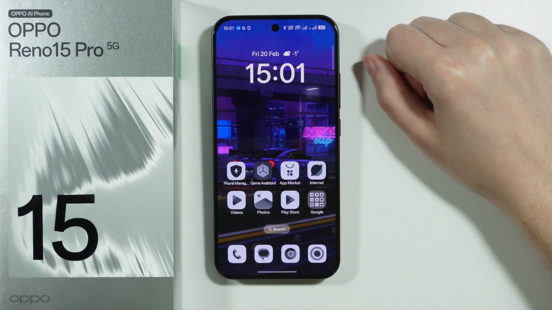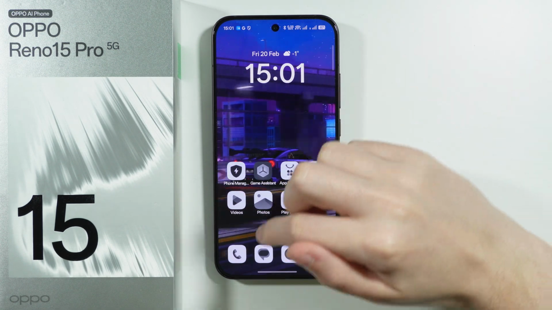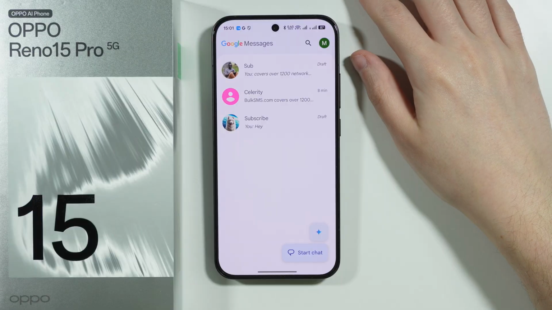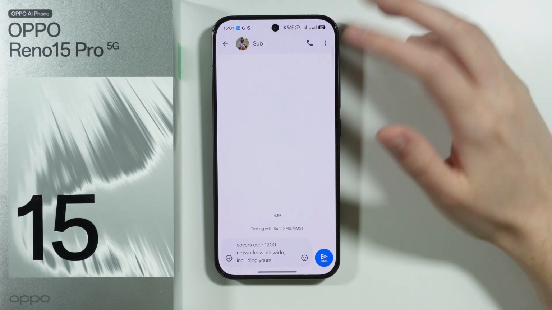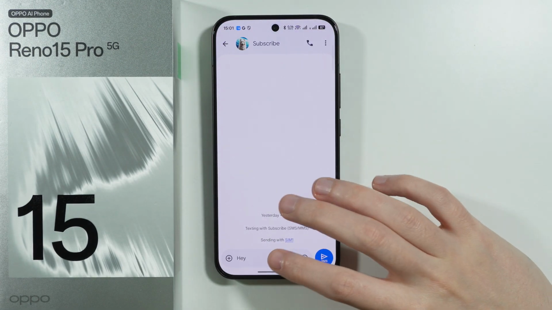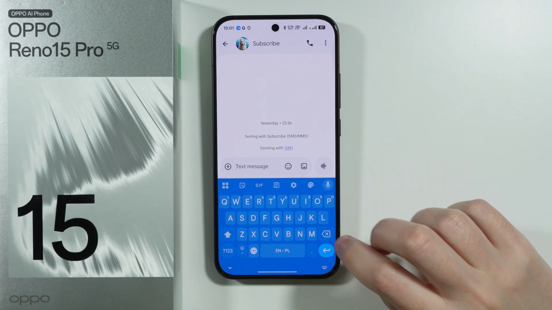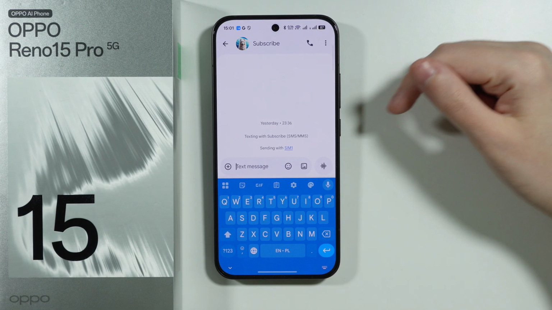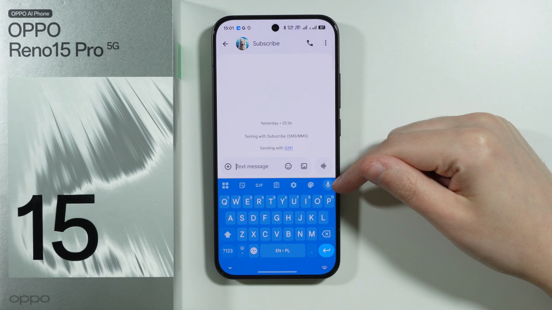To enable voice to text on OPPO Reno 15 Pro, first let's go to Google Messages, for example, and we're gonna open any of these conversations where we want to use the voice to text. Now, on your keyboard, you should be able to find this microphone here on the right side, so you can